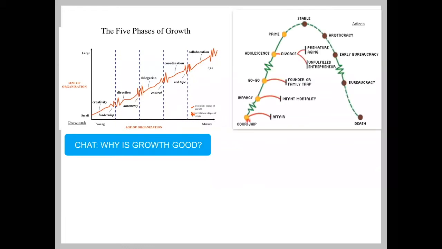This chart is by a famous guy in the field named Aziz, who breaks down each of the stages of growth in a constructive and productive way: infancy, adolescence, prime, and so on. The only thing that I find a little troubling is it kind of assumes that everything has a life cycle and ends, whereas in fact you can find ways to break through, as we've been talking about, to get to the next level no matter where you are. And it doesn't have to end.